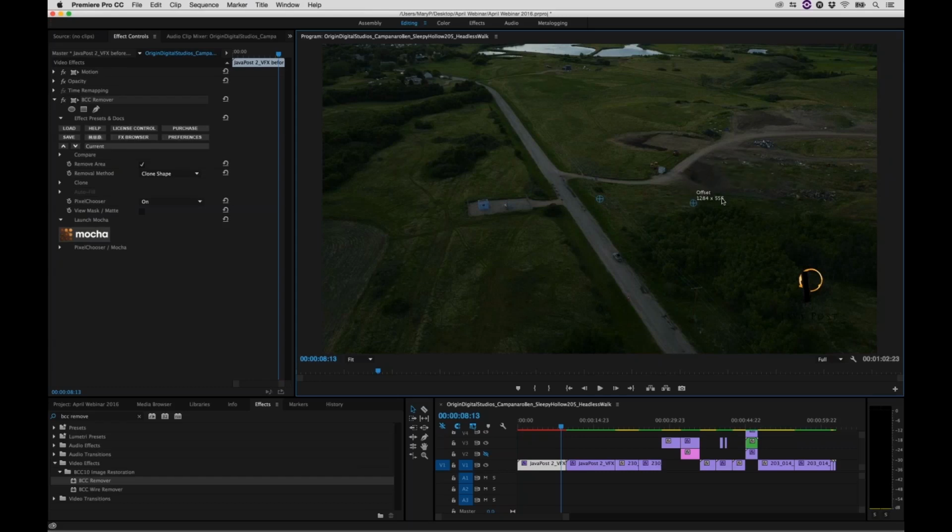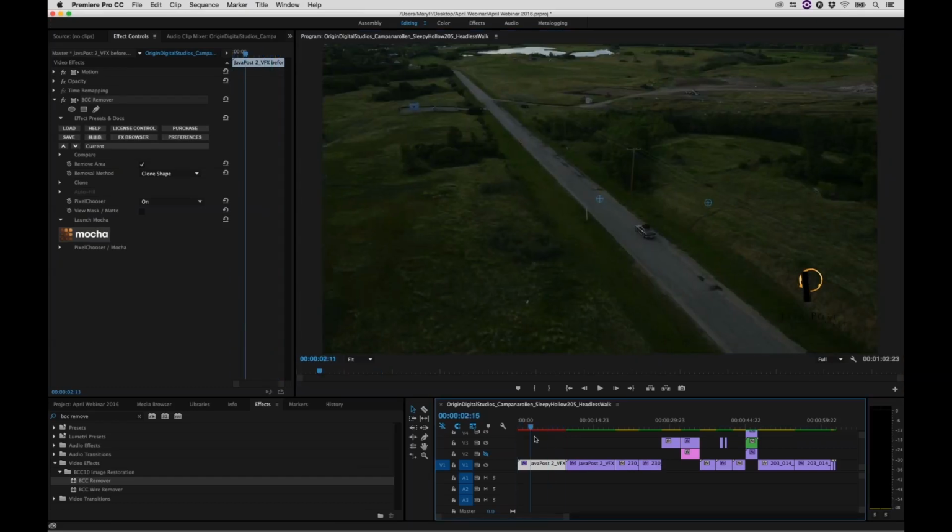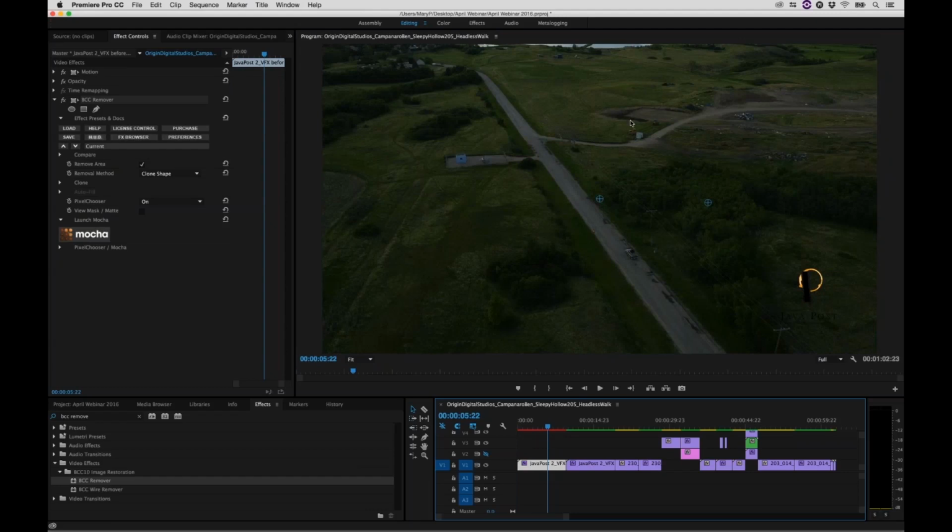And so now what I can do is I can go to my removal method inside of my BCC remover, and inside of this tool I can go to clone shape. All right, inside of clone shape I can select my BCC remover, and you can see I have this offset right here, and we're going to offset our little trash pile here. Let's just keep dragging this over a little bit. And what you'll see is I've now patched in